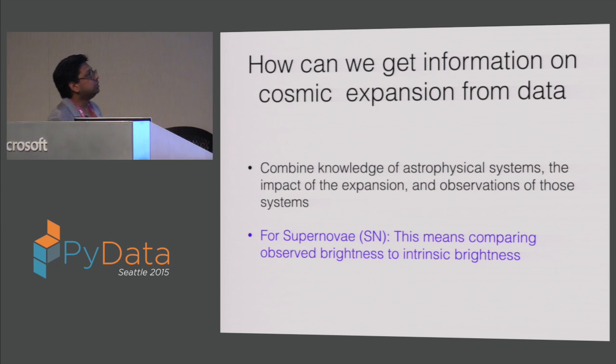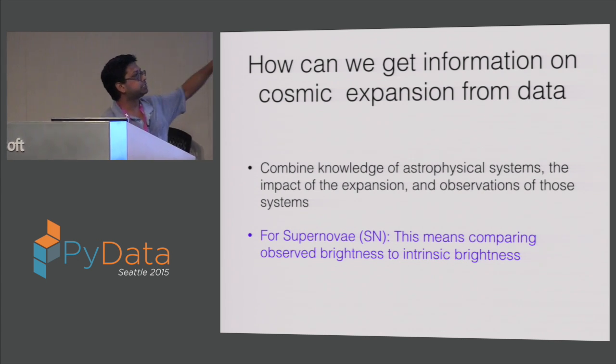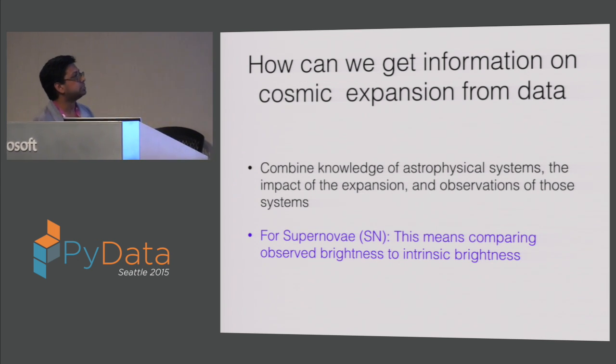Okay, so how does this work? How do you know that the universe is expanding by looking at objects? The general answer is that you look at astrophysical systems or things that you think you know something about, you know certain properties, and you can compute the impact of the expansion of the universe on those properties as you would observe them, and do the comparison of those systems. For supernovae, the way this works is you try to estimate their intrinsic brightness, how much energy they were giving out in light,